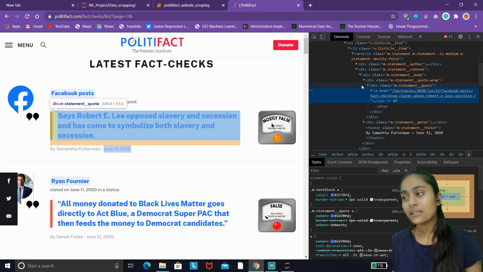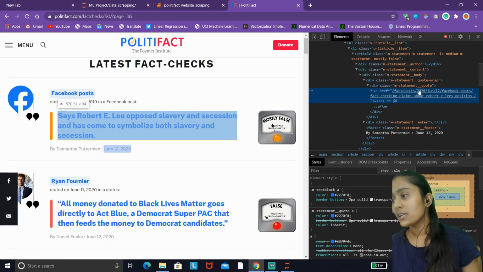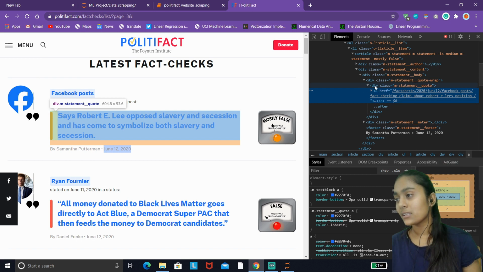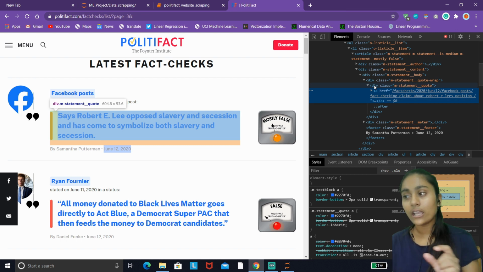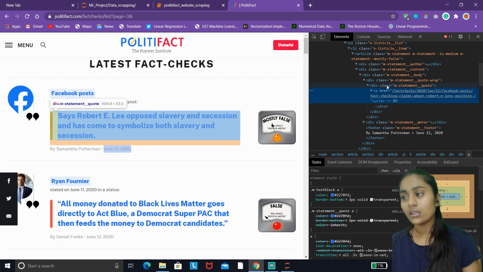As you can see from my code, it is contained within a div tag, and the attributes are specified with the class name statement, and we want to extract its text only. So how do we go about that? This is the tag in which it is contained, so we have passed this tag as an argument to the find function, and then we are extracting the text of this particular division.